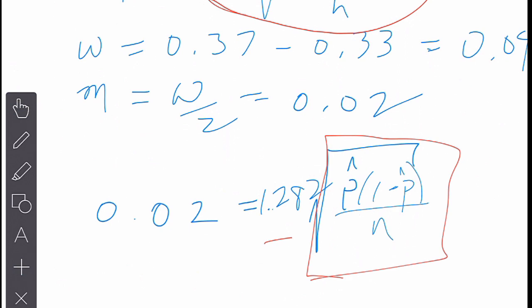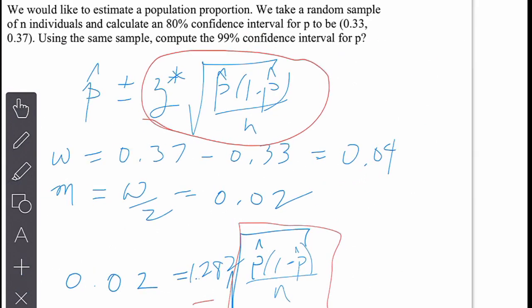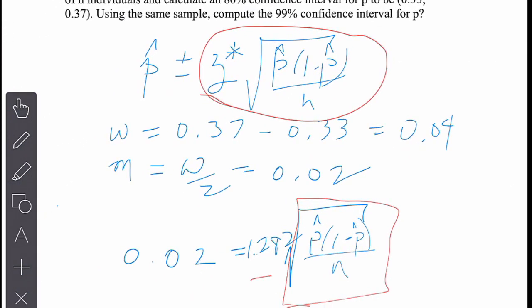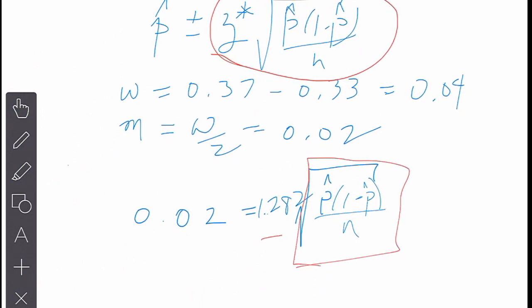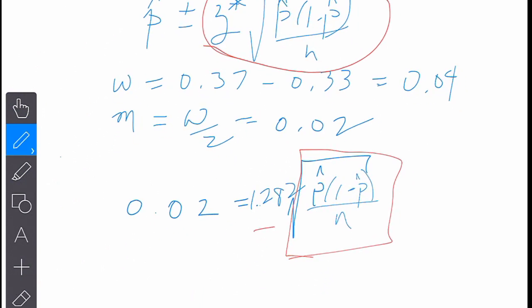Let me make sure I'm thinking through this. You're going to say compute the 99%. Yeah, that's all we have to do. So Z star for 99. Well, actually, let's finish this. What I want to do next is estimate this, and this is called the standard error. I can use a symbol for that. If that bothers you, don't use it. The symbol is like this. It's the standard error, the standard deviation of the sample proportion. It's the estimated one, so I have to put another hat on. If that's really ugly, just leave it as a box. So that is going to be equal to